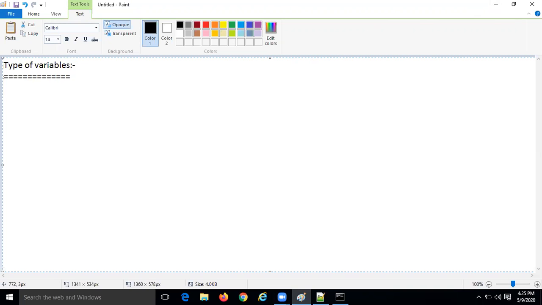So you can tell the type. For example, let's say int x equal to 3. Here int is what? Int is nothing but a data type, one of the data types. Why am I saying one of? There are a number of different data types: int, float, character, boolean, long, double, and so on. So int is one of the data types.